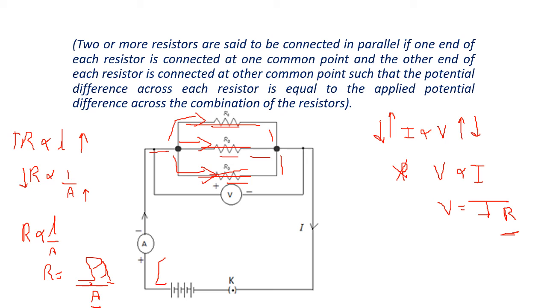So remember, there are four factors on which the resistance depends: the length of the conductor, cross section area of the conductor, nature of the conductor, and temperature. And the last thing we saw today was series and parallel circuit. What is a series circuit? The circuit in which there is only one path for the current to flow is a series circuit, and a parallel circuit is a circuit in which there is more than one path for the current to flow. Now the mathematics of the series and parallel circuit we'll do in the next lecture, or maybe we'll do some numericals also for the next lecture.